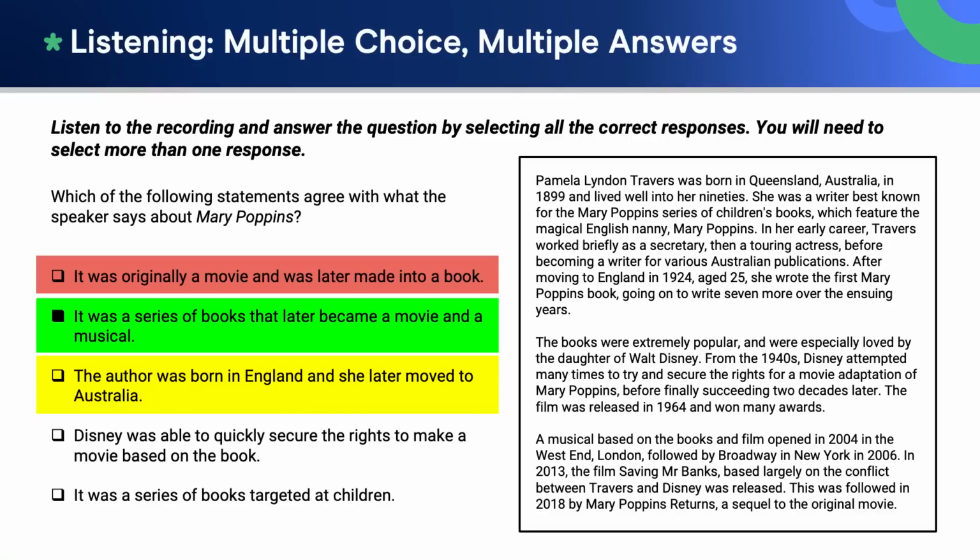Option 3 says the author was born in England and she later moved to Australia. The speaker says Pamela Lyndon Travers was born in Queensland, Australia, and later says after moving to England in 1924, so this option is not correct. We can eliminate it. The next option is Disney was able to quickly secure the rights to make a movie